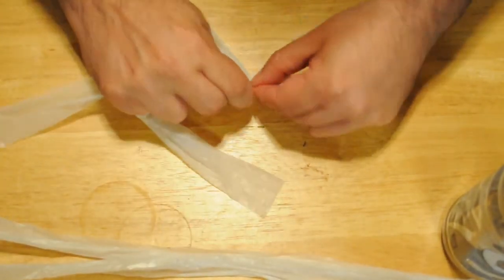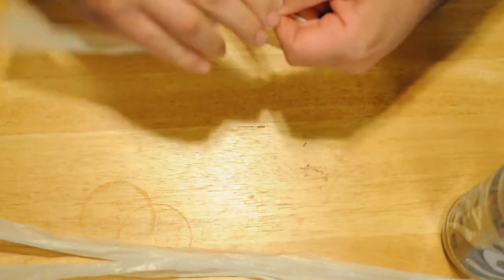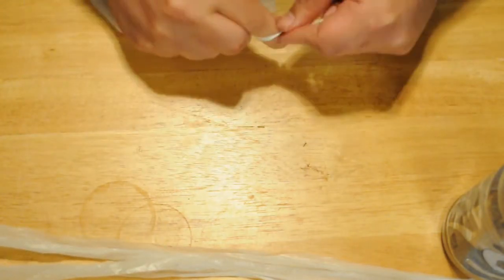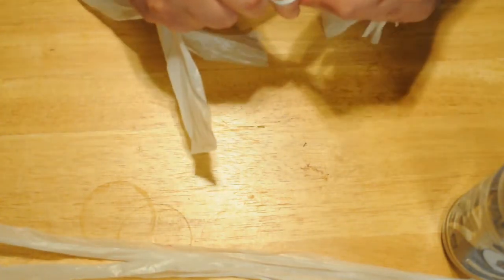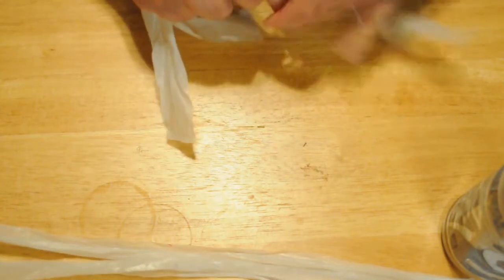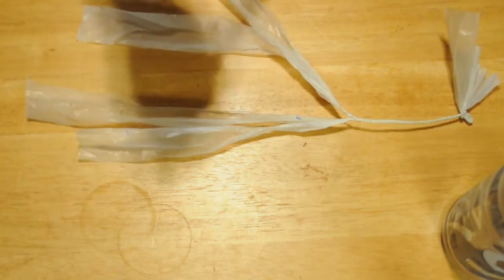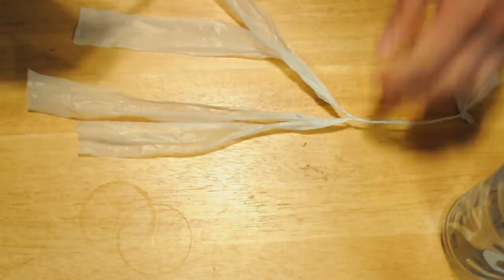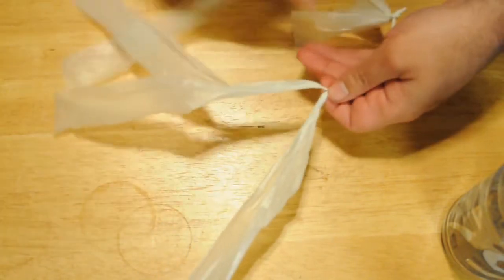But first we'll just do as usual, but working from the other end to tighten it up. Take some of the slack out. You don't have to do it too much, just enough to know that you got it snug, like so. And alright, time to add these two. And just keep them paired together, and yeah, cross them under like so. And you can keep this bunched together,